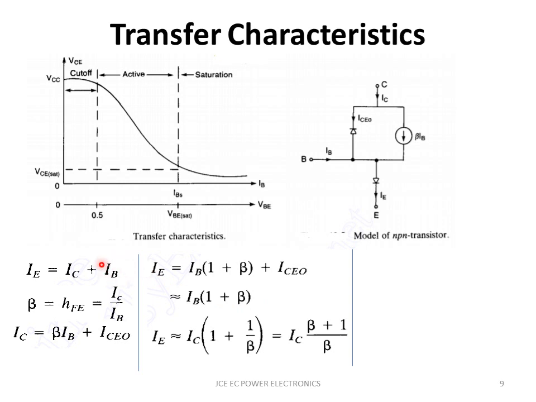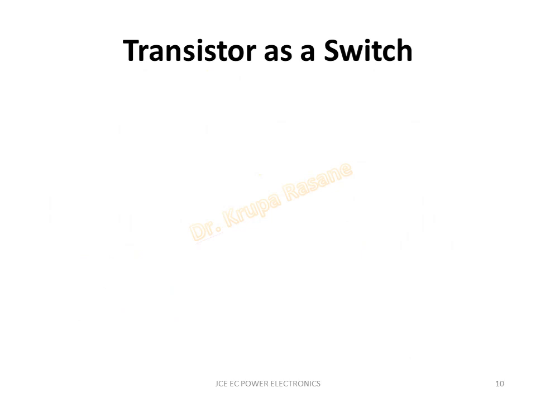And next I will substitute for IB, that is IB equal to IC upon beta, and this equation I will get. So these two equations I can use, and alpha equal to IC by IE, this we know. I'll get a relation between alpha and beta, where alpha is beta upon beta plus 1 and beta is alpha upon 1 minus alpha. This is your transistor steady state characteristics.